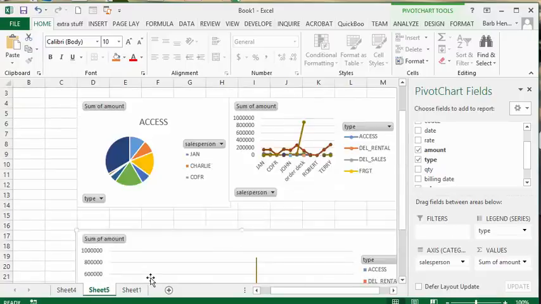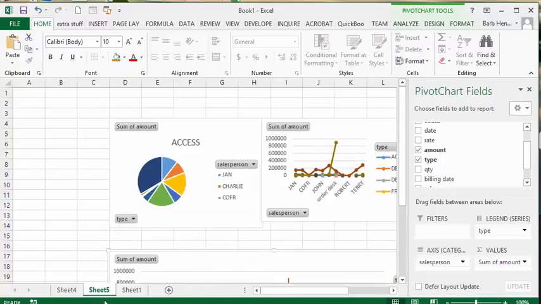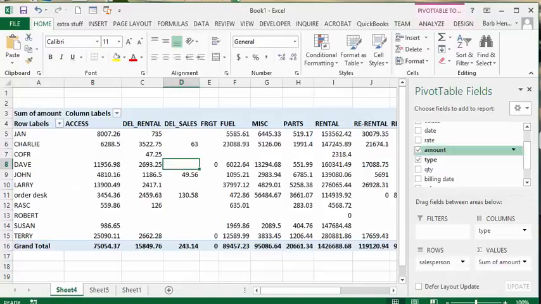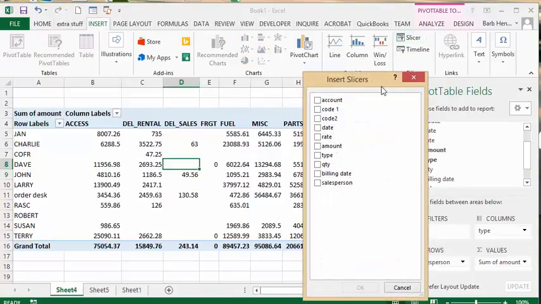Okay, so now the only thing that we need here is slicers on our dashboard. So let's go back to our first sheet, and we're going to go Insert, and we're going to click on Slicer. Now it wants you to select what you want to slice it by, and I would like to slice it by the type,